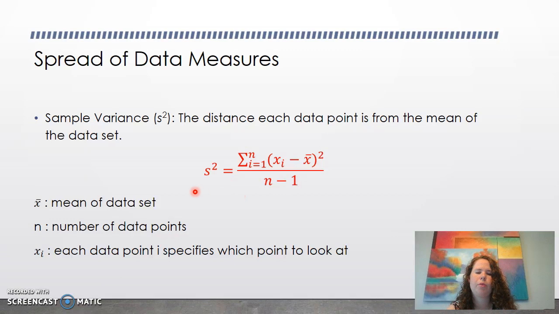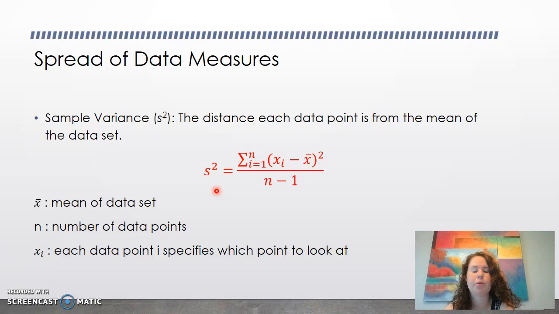For our formula, we have S squared equals the sum from I equals 1 to N of X subscript I minus the mean, squared, all over